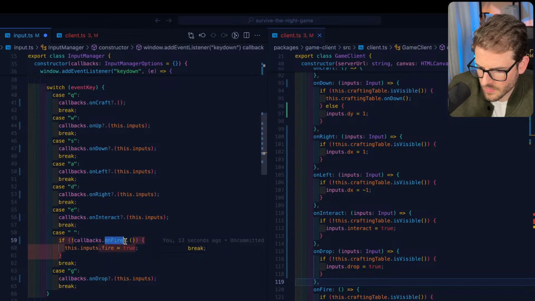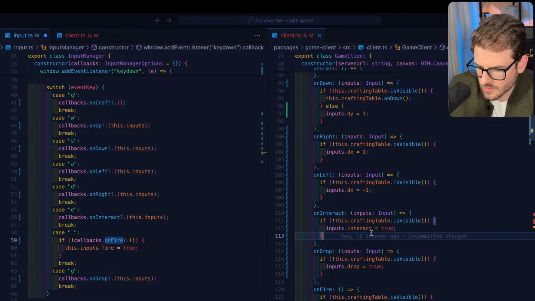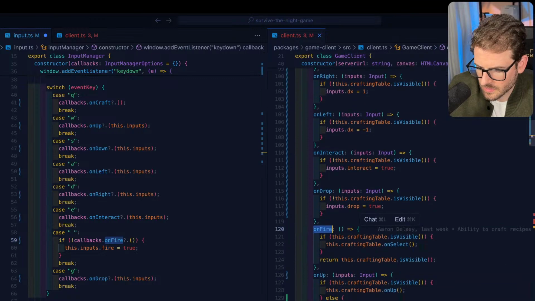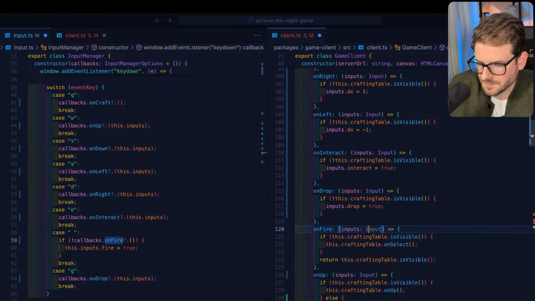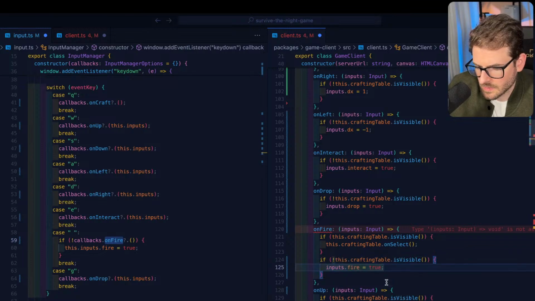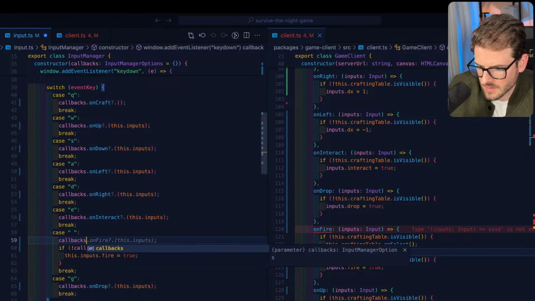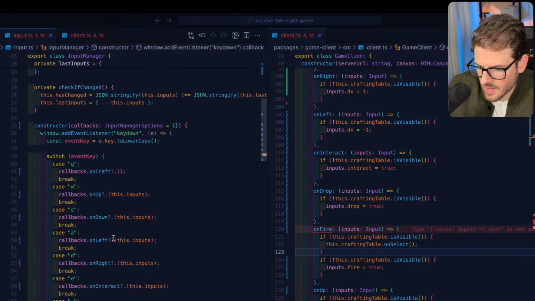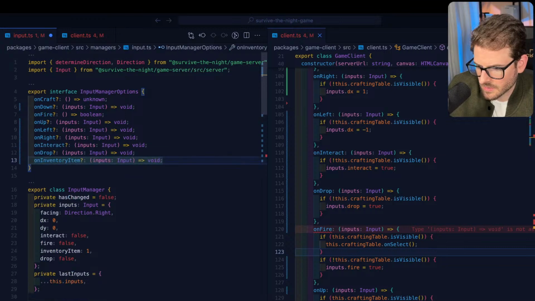This one though, weird. On fire, and if it doesn't return something, set the inputs to, let me do this, and then instead I'm going to say is visible. If it's not visible, I think that's what he's going for, but now we could just say callbacks dot on fire, pass it the inputs, and then up here, of course,